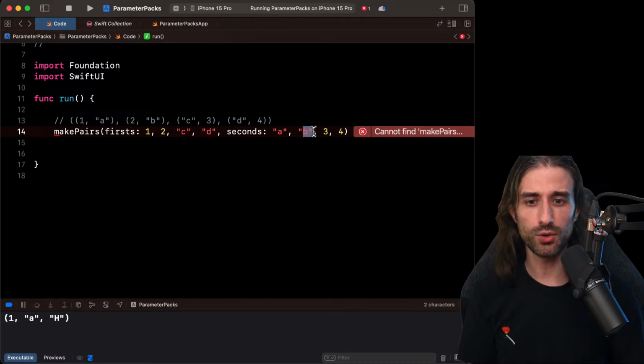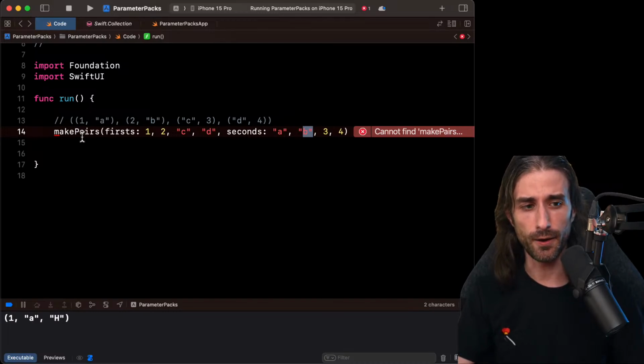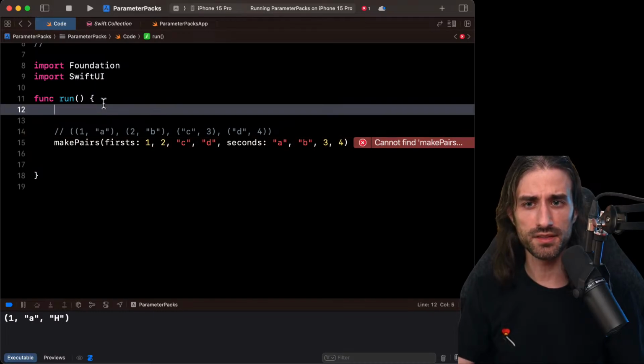So with this example, we are introducing how to deal with more than one parameter pack inside a single function. And this is kind of useful because this is basically implementing a kind of zip function, so you can start finding a real world use case for this kind of code. For instance, you could imagine that this could be used in testing code in order to define inputs and expected outputs, or actual outputs and expected outputs, these kinds of things. So let's try and implement this function.